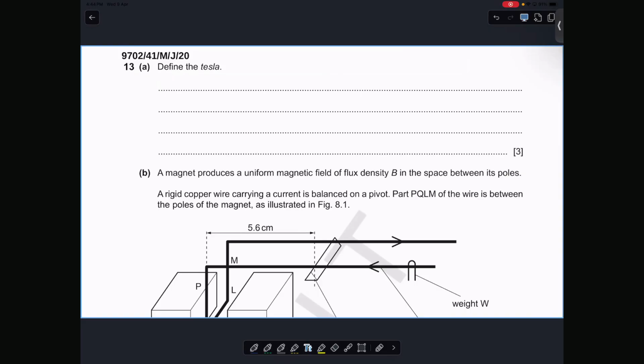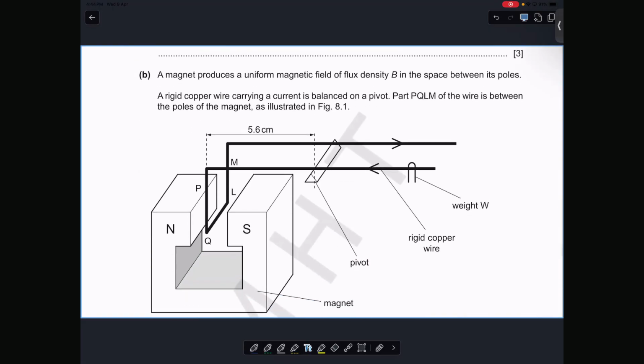And if they asked what's magnetic flux density, then the answer would be different. Then what would it be? Magnetic flux density is when a unit length of wire carrying a unit amount of current in a unit magnetic field experiences a force of what? A unit force. That's it. There you don't need to say the unit Newton, but here you have to say Newton. Tell me, whose question was it? Yes, you can, I mean this formula, b equals F by, sorry, F equals BIL, B equals F by IL, yes you can do that, but since it says unit, you have to say the units. Okay, the magnet produces